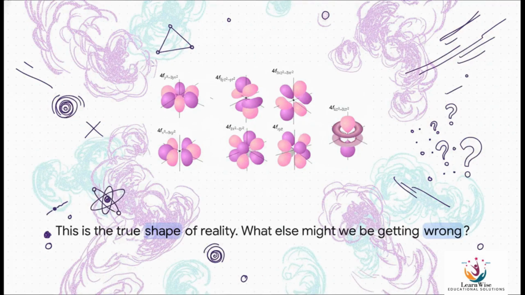So from just 4 simple numbers and 3 simple rules, you get these intricate, beautiful, and sometimes downright bizarre shapes. And this isn't just a theory. This is the literal architecture of our universe. It really makes you wonder, if our simple high school picture of the atom was so wrong, what else might we be getting wrong?